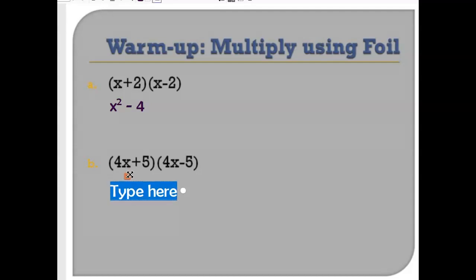In example B, we can see that this one looks very similar to example A. In example A, we had x plus 2, x minus 2. In example B, we have 4x plus 5 and 4x minus 5. So we're going to follow our steps for FOIL once again. So you get 16x squared